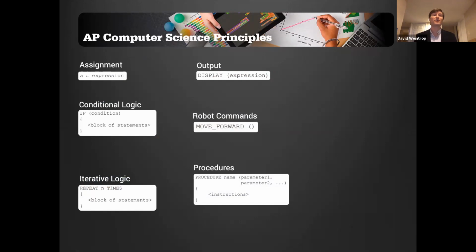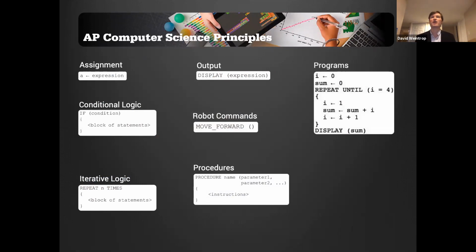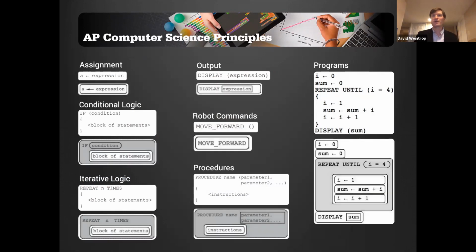And so they designed their own programming language, and it includes these different categories of commands. And so the result of this is on the test, you'd see programs that look kind of like this thing on the right, where the question would be, what does this program do? Or what is the value of sum after such and such? But because they don't know whether students learned in a block-based environment like Scratch or a text-based environment like Python, the creators of the exam created a second programming language that's the exact same as the first one, but now